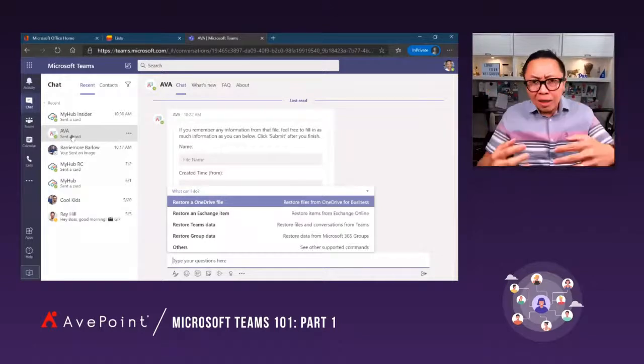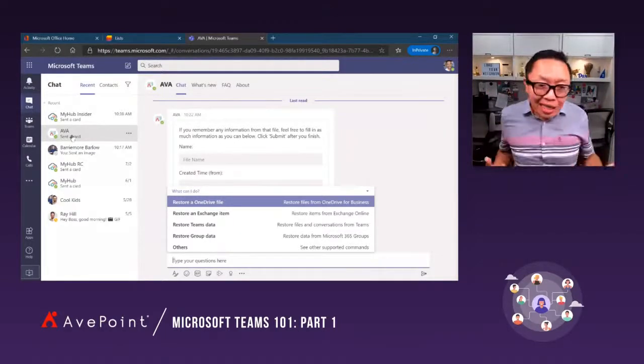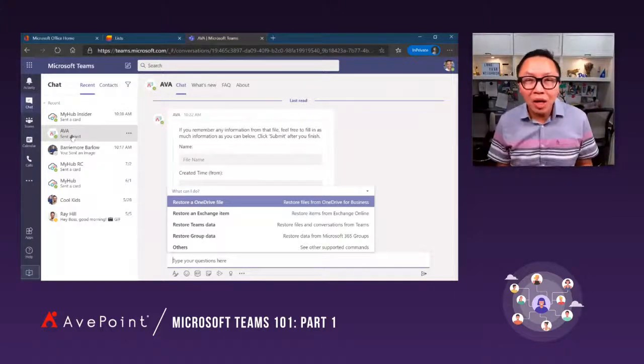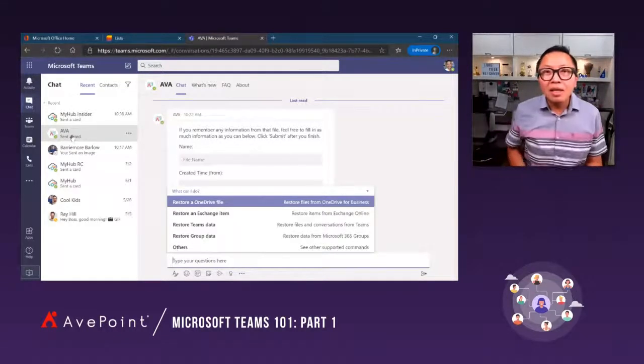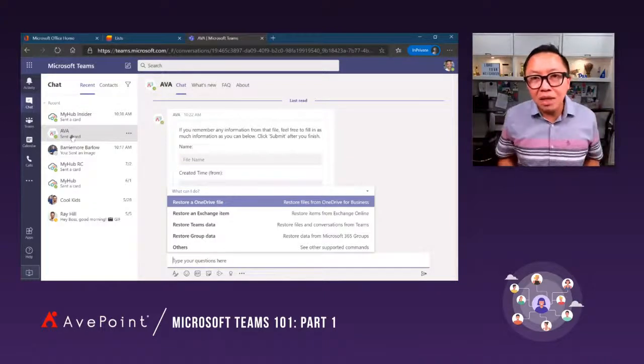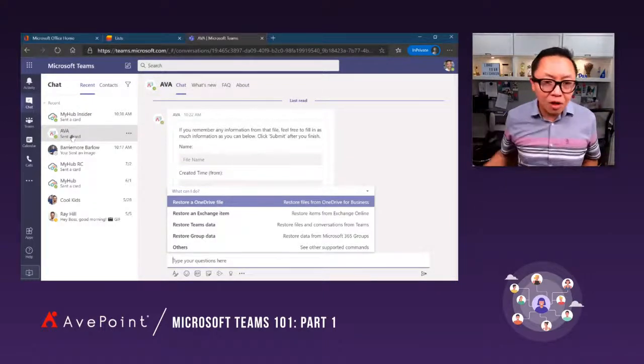I know you don't do that. For me, I delete email. I delete my documents in my OneDrive or SharePoint. And then 4 weeks later, I realized I need it back. It's not in my recycle bin anymore because I emptied it. And the problem is, if I want it back and it's not in my recycle bin, I would have to go to IT, right? And IT is very busy.